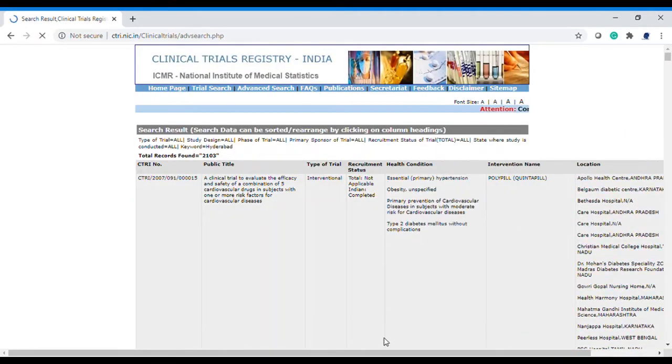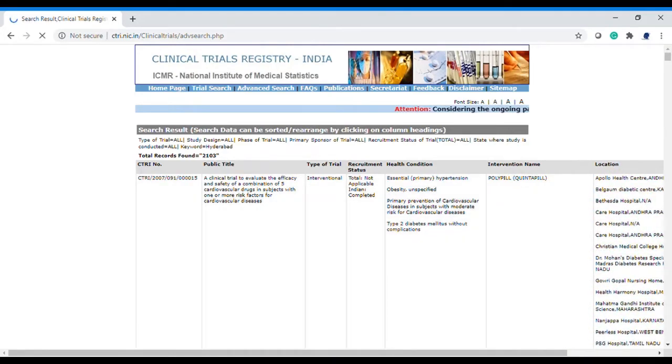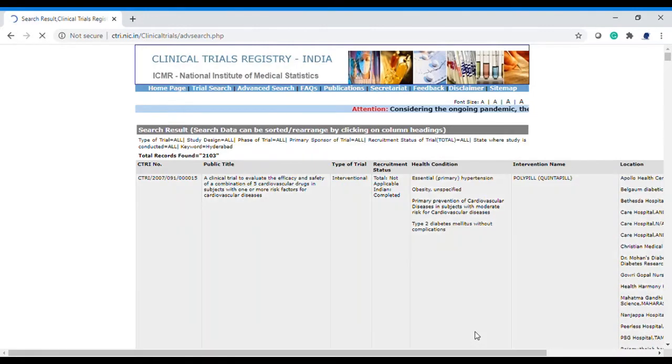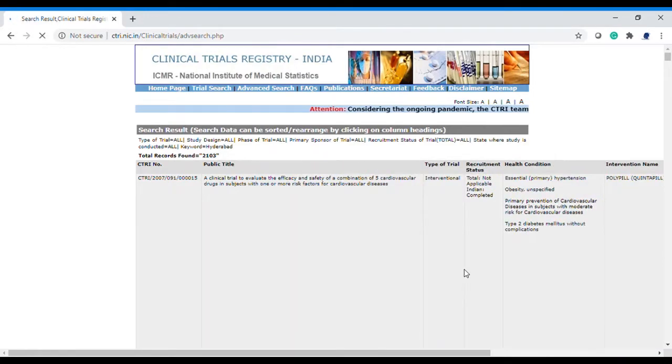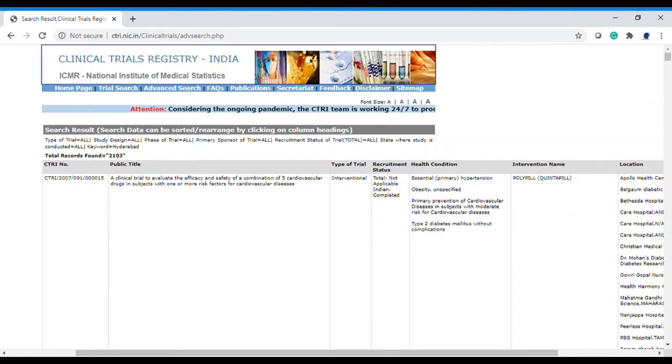Also, you can mention a particular indication, for example, diabetes or any neurology disorder or any cardiovascular disease. If you are looking for clinical trials and you want to understand what particular clinical trial is going on in the osteoarthritis domain or something like that, that is what you can search in the keyword.